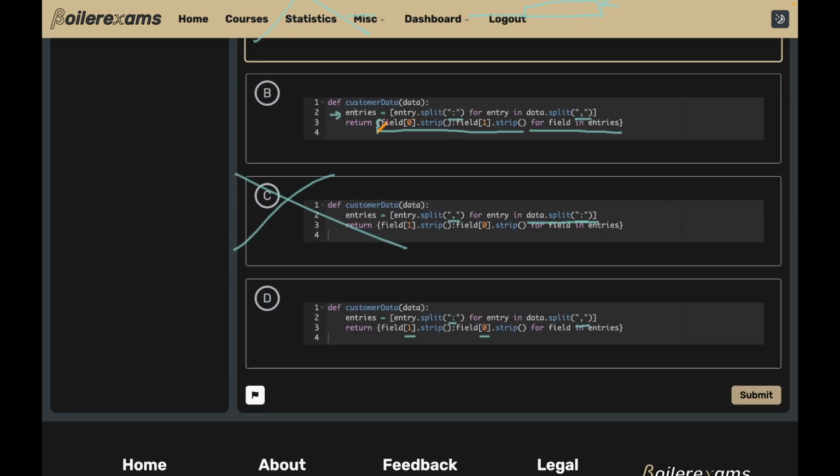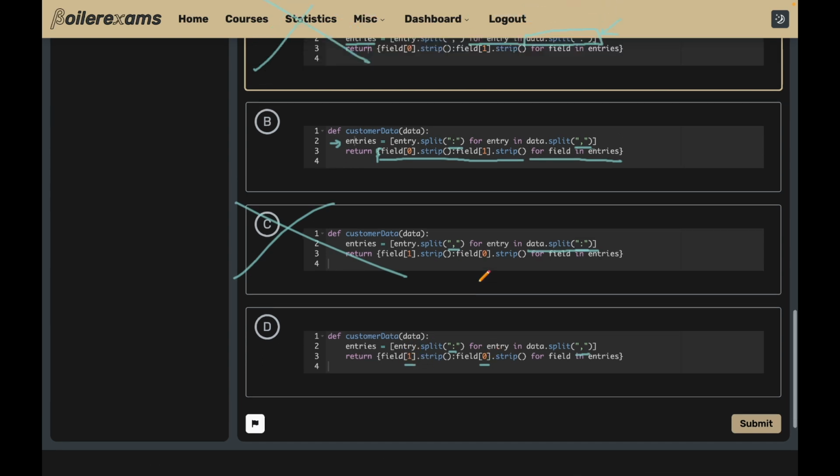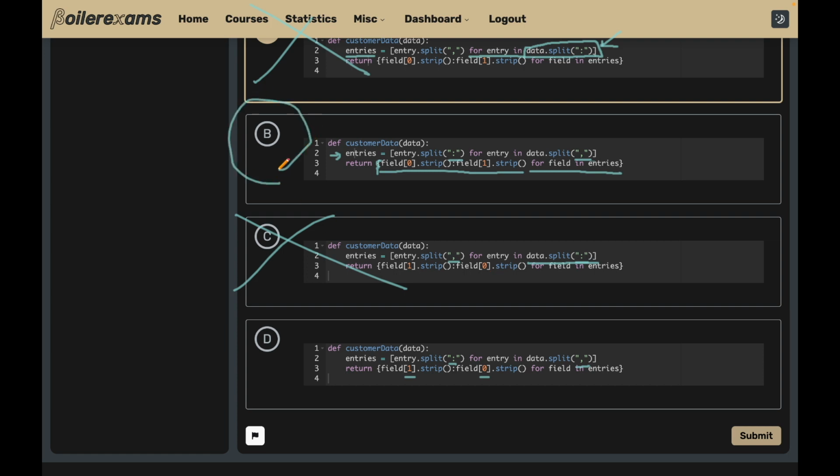So there are curly braces right here. It's trying to store it into a dictionary, which is taking either the first item as the key and the second item as the value, or the second item as the key and the first item as the value. And we can already tell B is the correct answer because the ordering of entries is key, value,